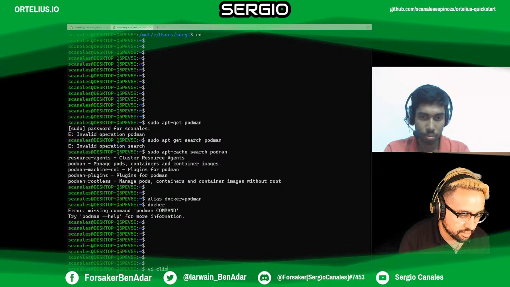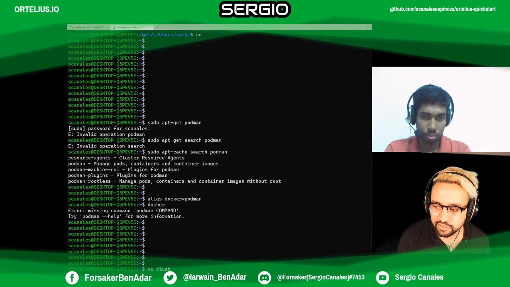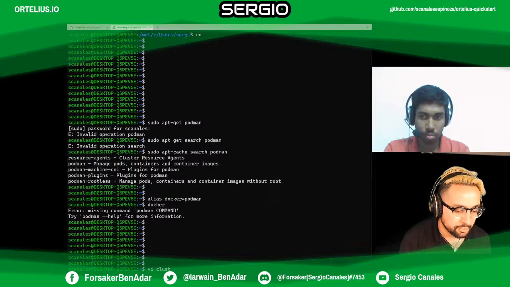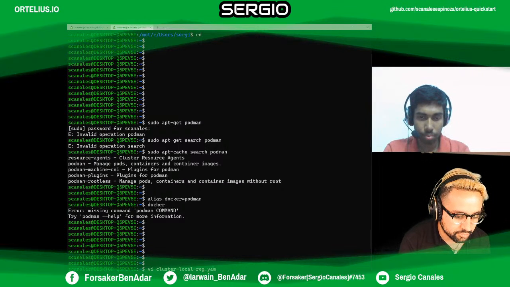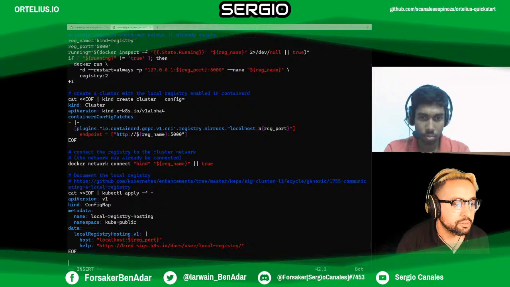The good thing about using Kind is you have a manifest for your cluster, like all the definition for the cluster, and you can reuse it or improve it. So we're going to say cluster-local-registry.yaml, and this is going to be the definition for our cluster, so you can save it in your repo, and next time you need to do it, this is going to be working.